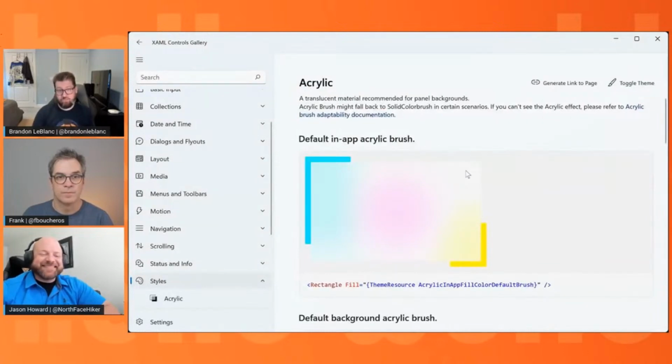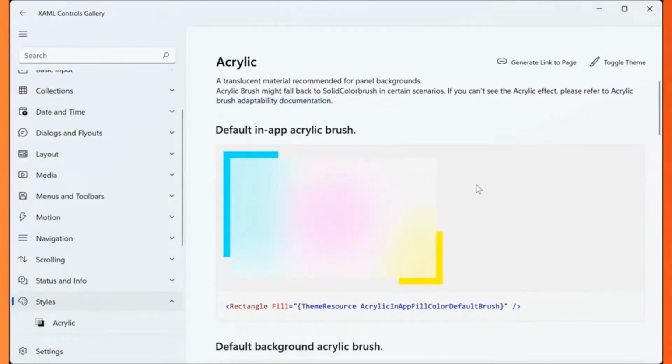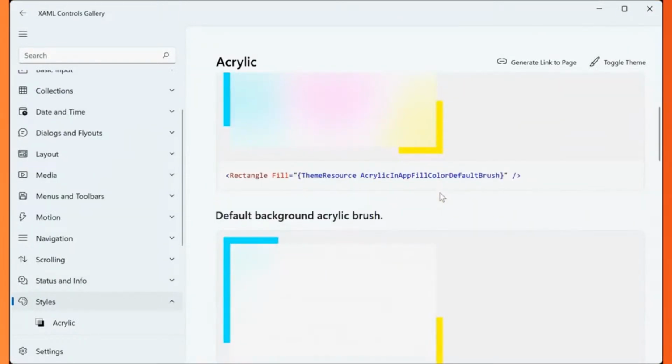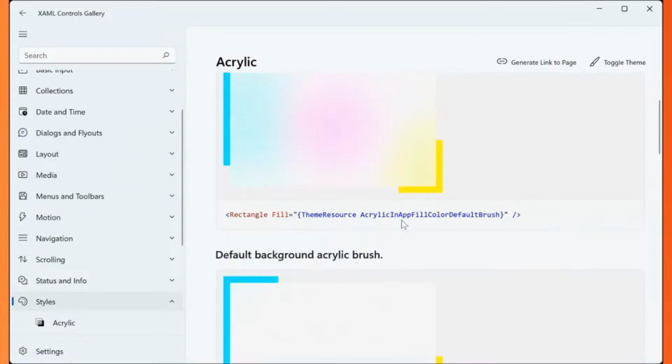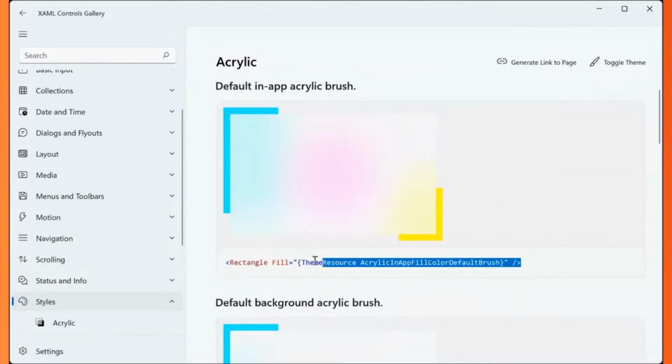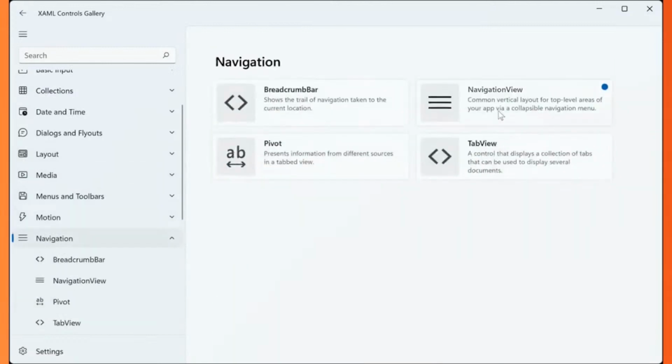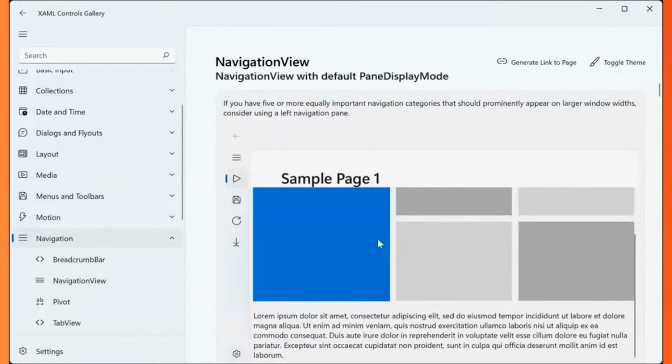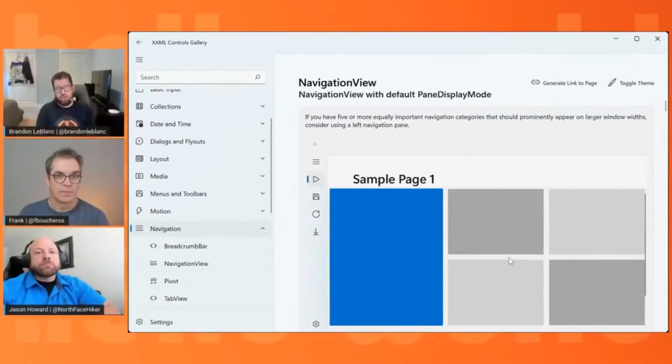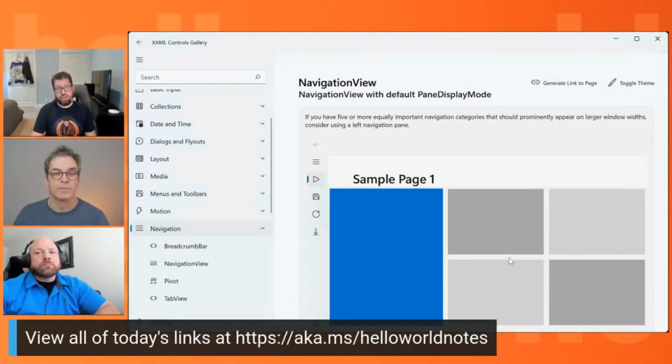Adding the acrylic effect into your app will allow it to naturally look really nice in Windows 11 because Windows 11 has a lot of the acrylic and mica effects throughout the OS. And so to make it look like it's fitting right at home in Windows 11, you can use this app to get that code, and they provide examples for various different controls throughout the app, even for navigation. If you want to add navigation into your app, you can check this out. I highly recommend this app. We will include a link to the app, which you can download directly from the Microsoft Store, in the show notes. But this will be a really great way to get started updating and making your app look great on Windows 11. Oh, wonderful.